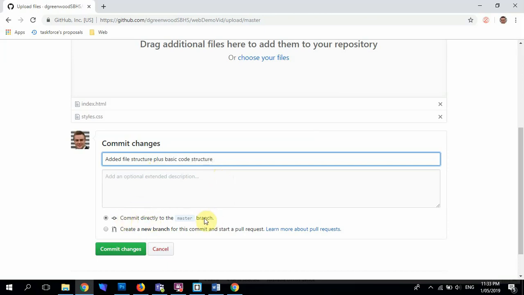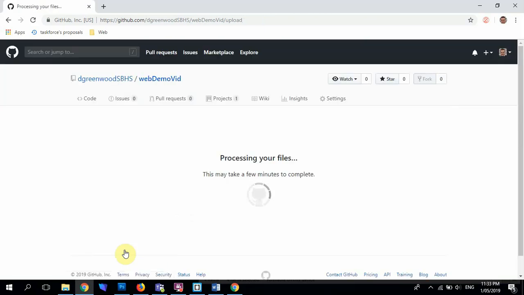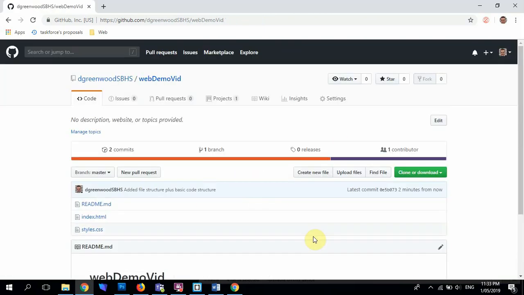Okay, so I can commit it directly to the master, or if I'm not sure if I want to commit to this because it's something that's in progress and it's not finished and I'm having a bit of trouble with part of it and so I'm tinkering, I can make it a branch so it kind of sits off to the side before it overrides the main code. But this thing has version control, so what it means is if I said commit to something that I didn't really want committed, I can